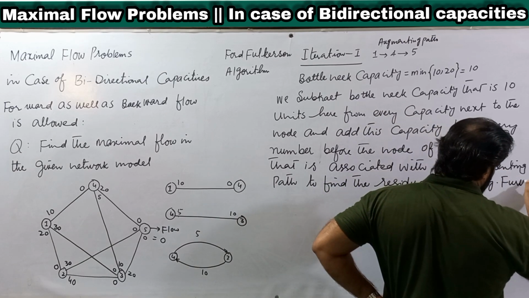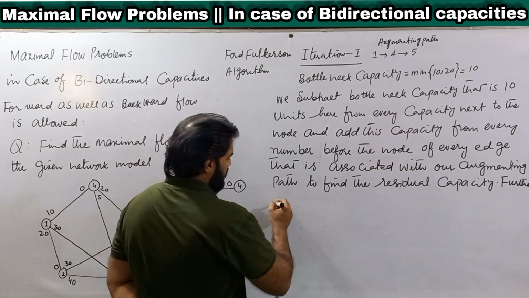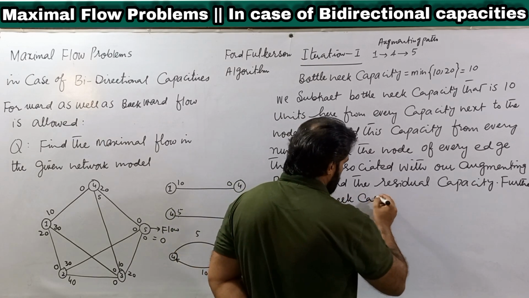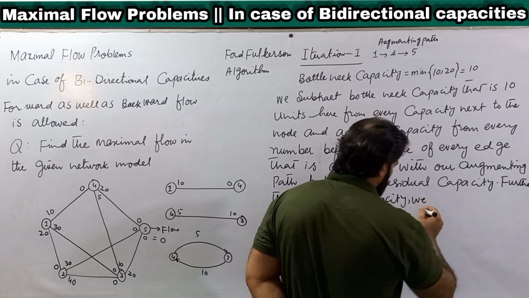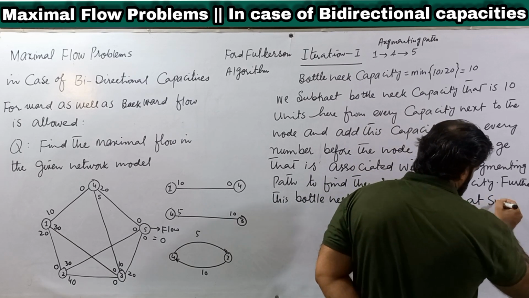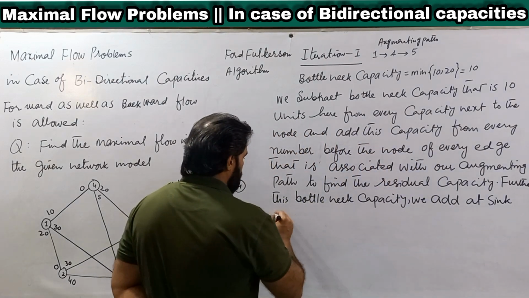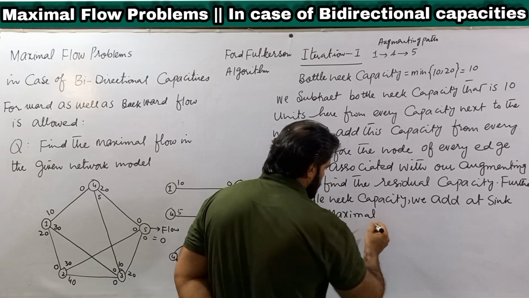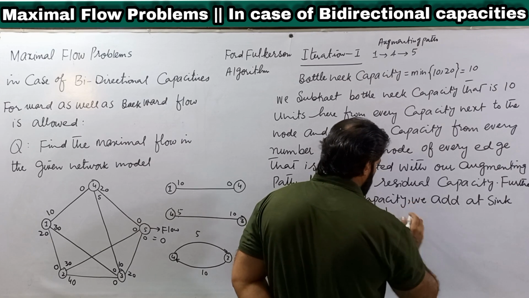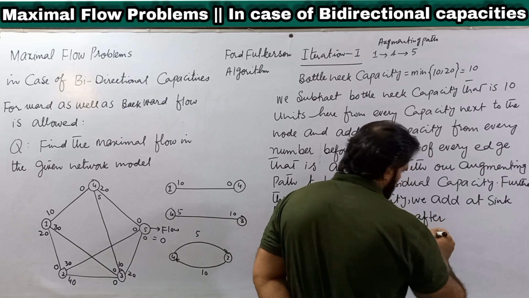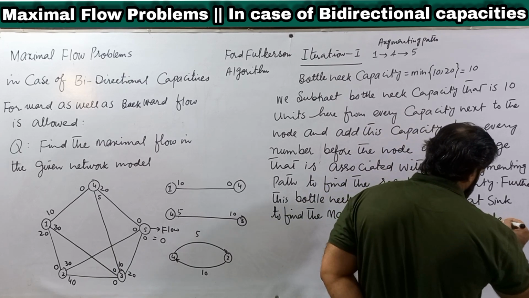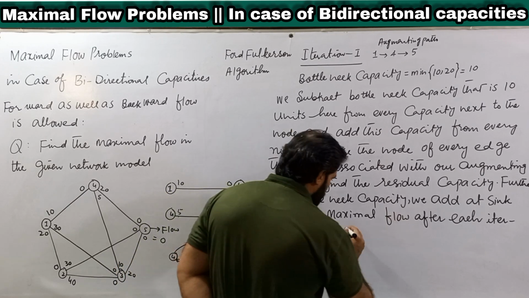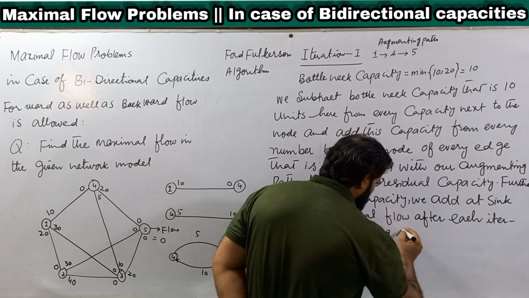Further, this bottleneck capacity we add at the sink node to find the maximal flow after each iteration. So the resulting residual graph will be